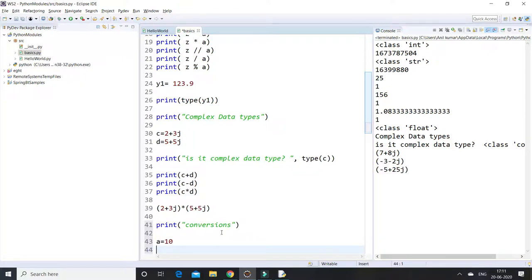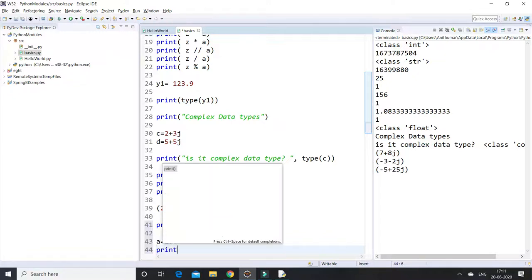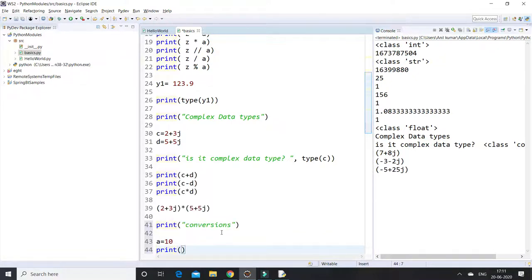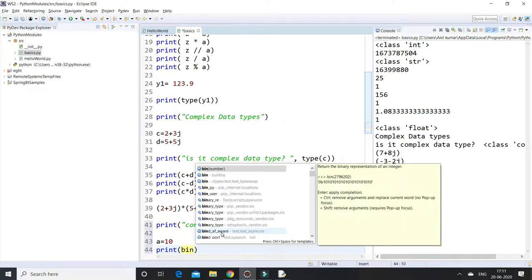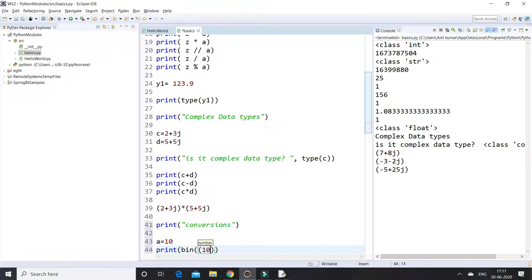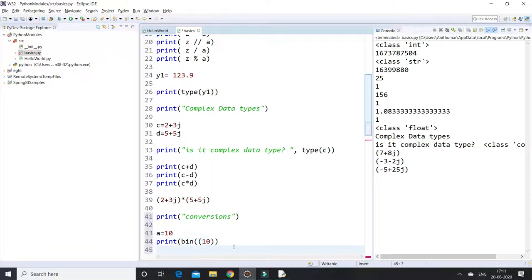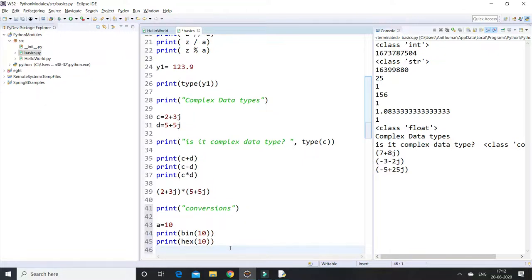If you want to convert this integer data type to binary, you can use print with the binary operation and pass the number. Similarly, convert the integer to hexadecimal, and print it converted to octal.